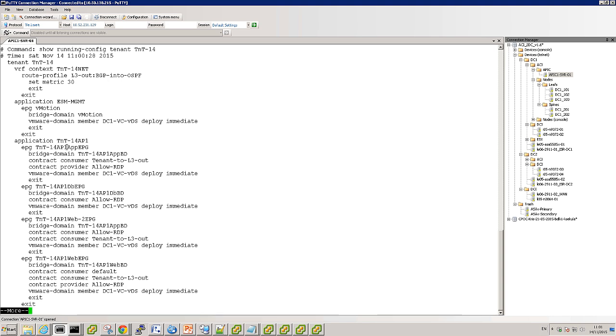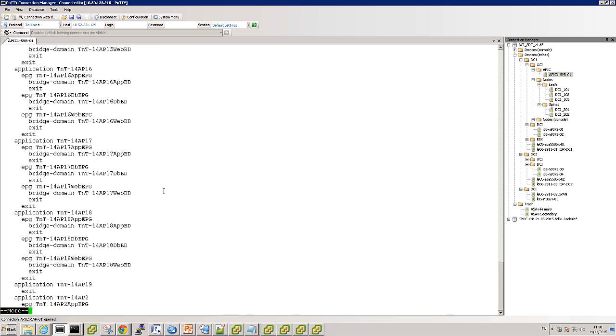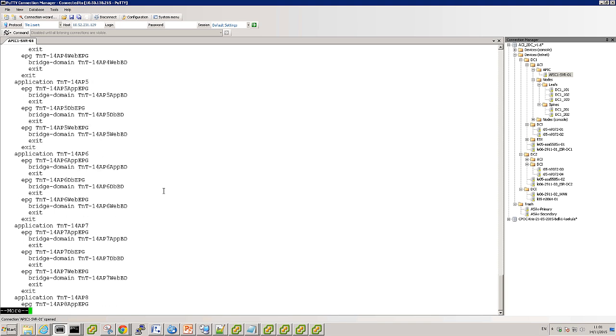So endpoint group 1, TNT 14, access application profile 1, app EPG, what's the bridge domain associated, what's the contract that consumes and provides, association with the VMM domain, and so on, right? So you can hopefully see how the full configuration of the tenant is demonstrated here in a very,